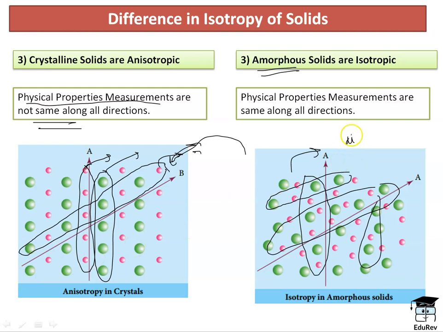So since a disorder is there, in amorphous solids, all the physical properties measured along all the axes get averaged out, and overall they are the same along all the directions. So this is the property of amorphous solids. Amorphous solids are isotropic, whereas crystalline solids are anisotropic. Let's come on to the next property,